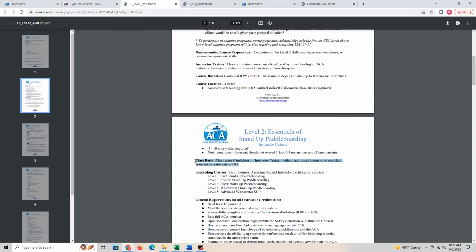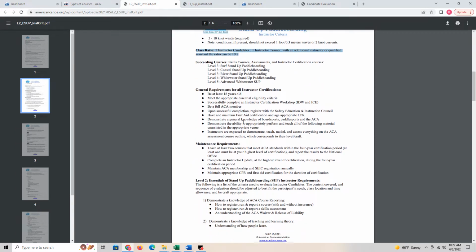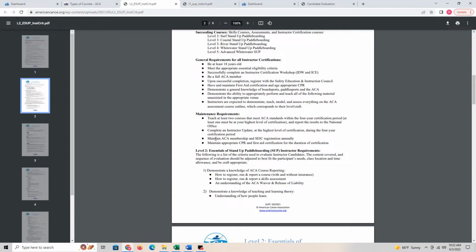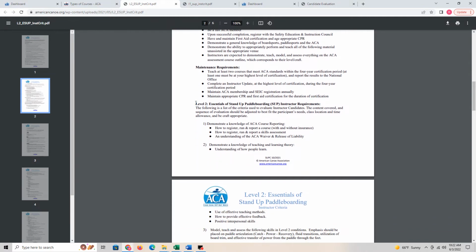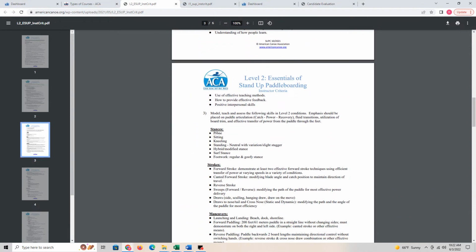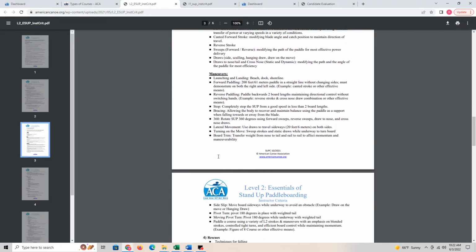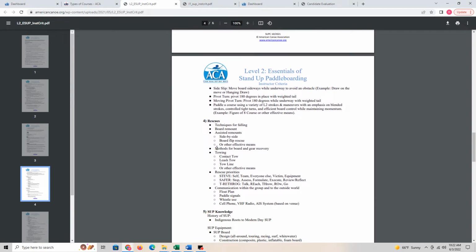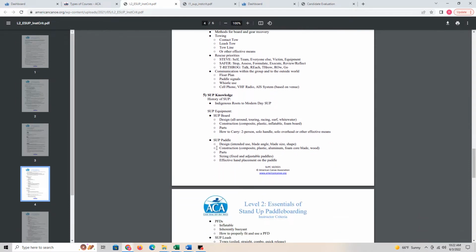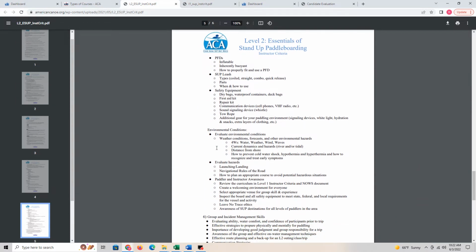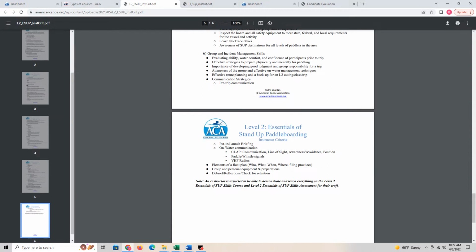Ratio is going to be pretty much the same, and you can see the maintenance requirements are going to be the same as well. And then we get into the skills, so a little bit more on stances, footwork, strokes, maneuvers to be able to do for level 2, as well as rescues and SUP knowledge, all of which was included in the evaluations that we showed you in the other module